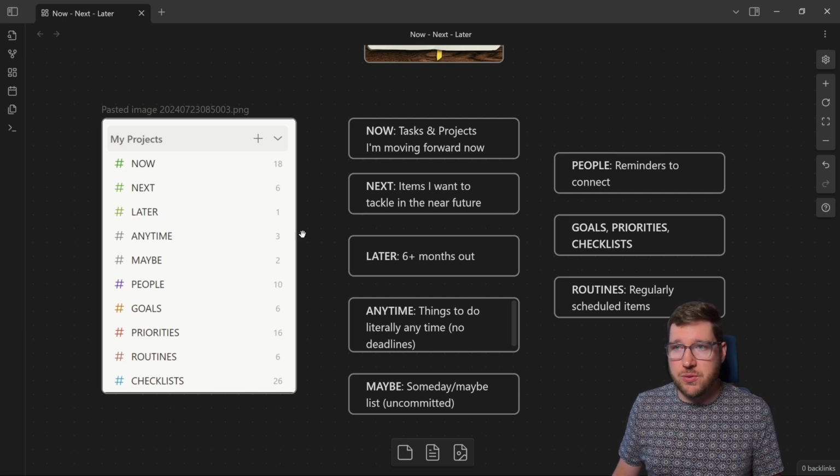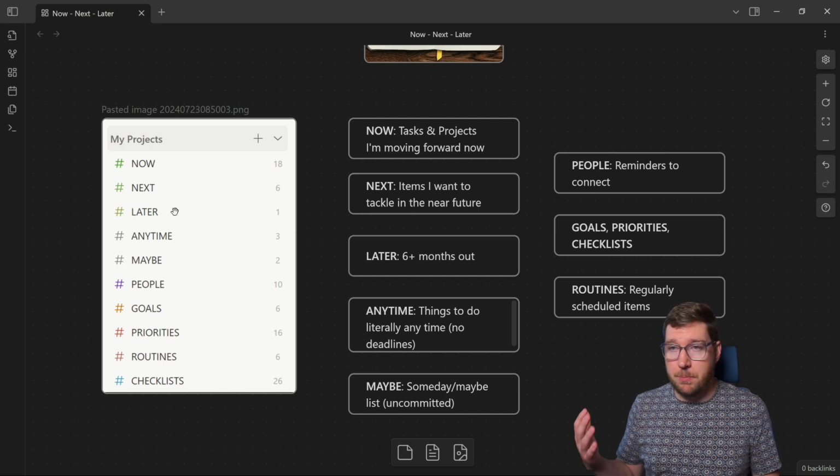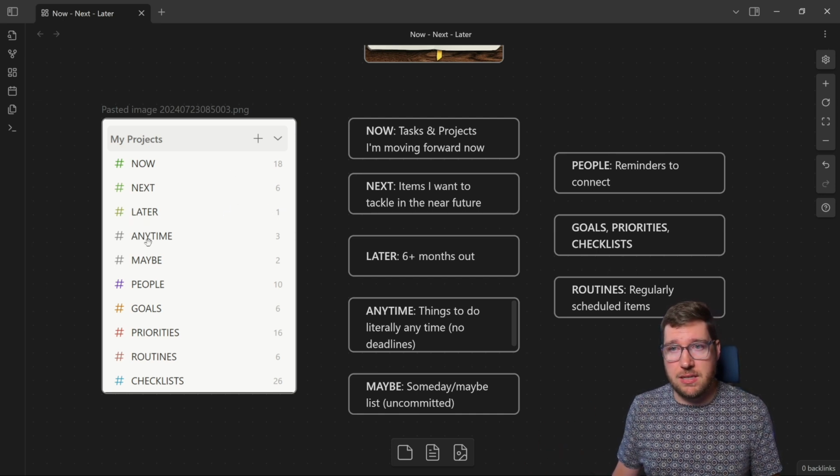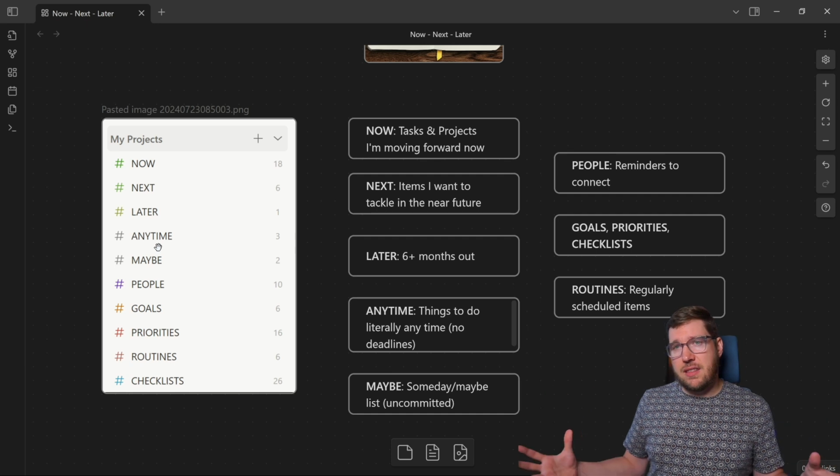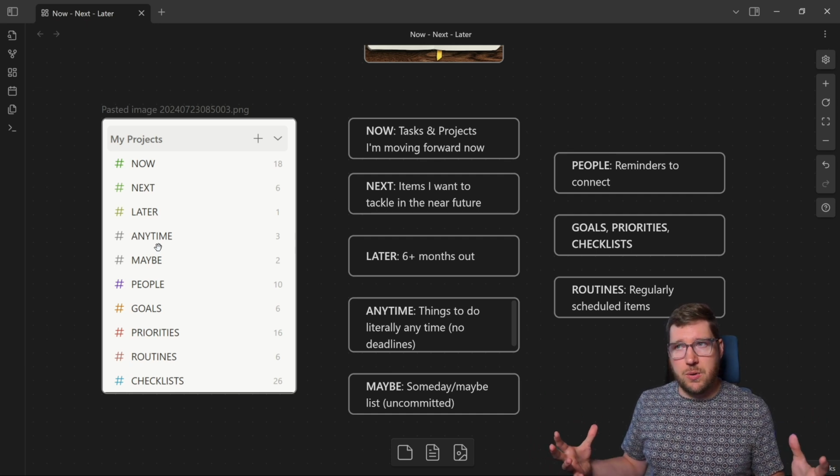And then Later is really any items that are 6 months out. These are things that I am committed to doing in some way. So you can see here that I don't have many items right now in my Later list, but I am working on building some of these things out. This doesn't encompass everything. Now, Next, and Later is really work that's trying to move the needle forward, but there